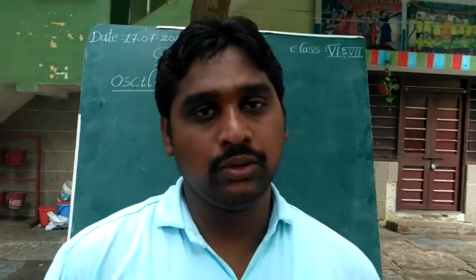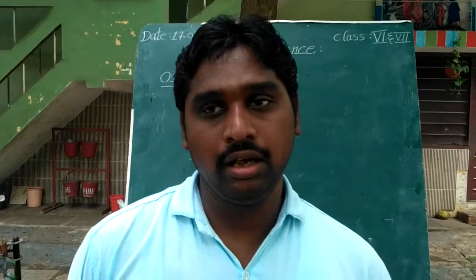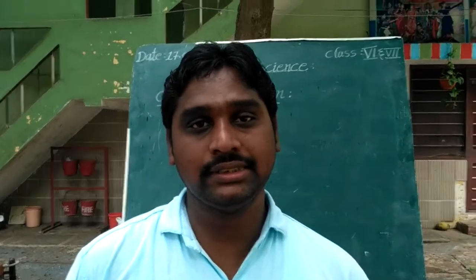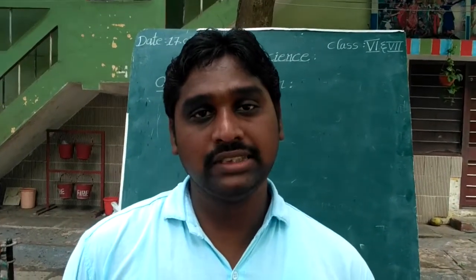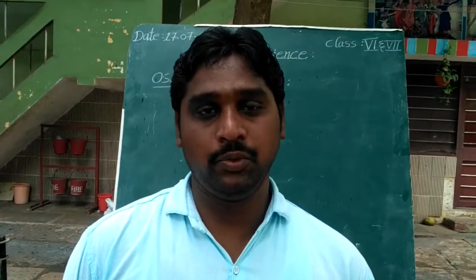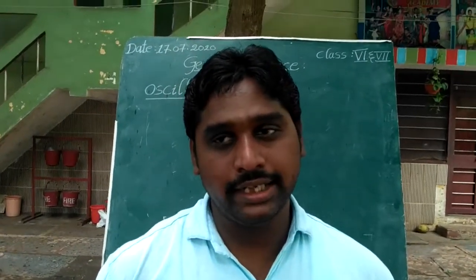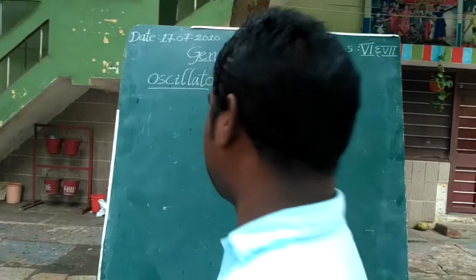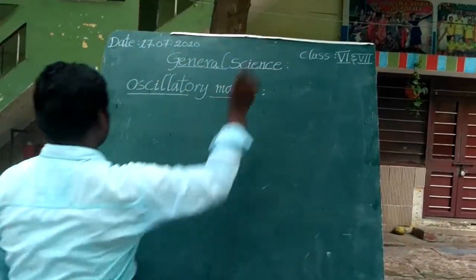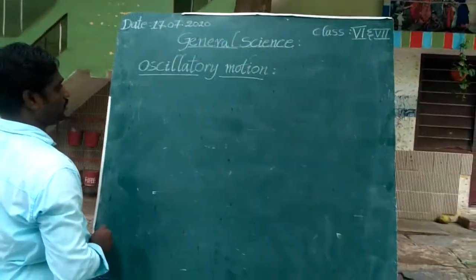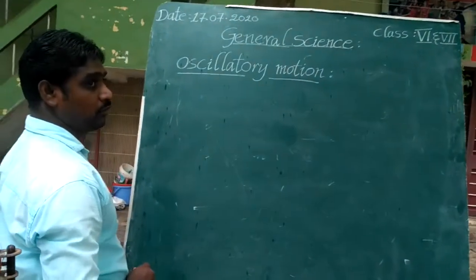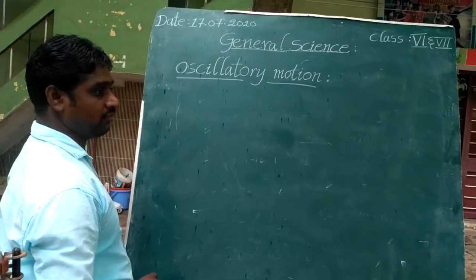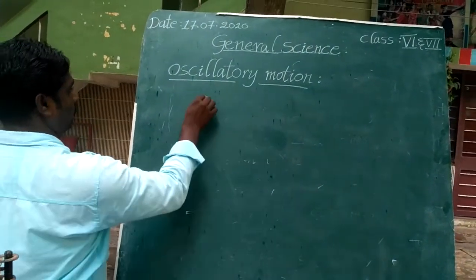Once again, what is oscillatory motion? The to and fro motion of an object about a fixed point, always following the same path, is called oscillatory motion. Okay, students, what is the definition of oscillatory motion? Oscillatory motion is defined as the to